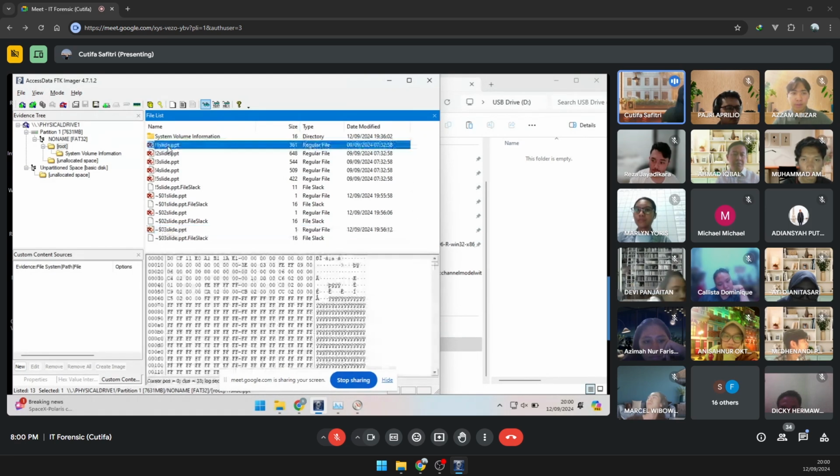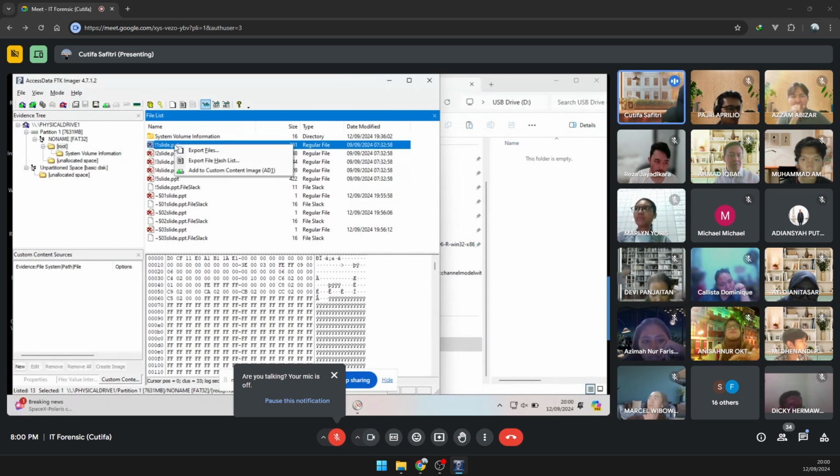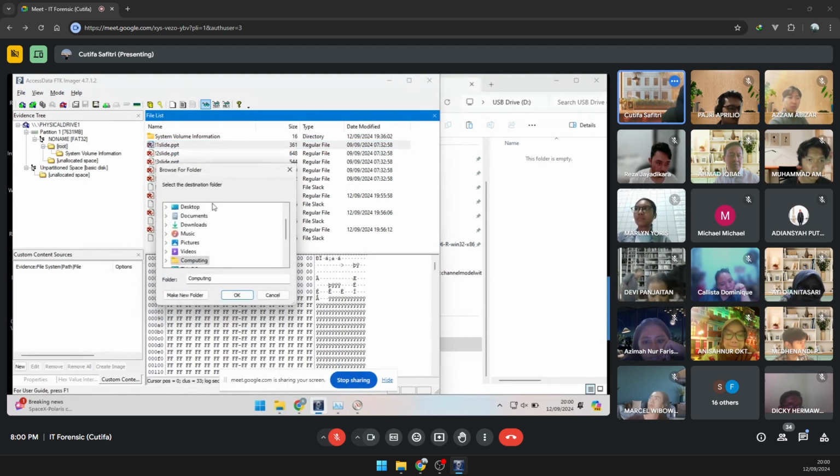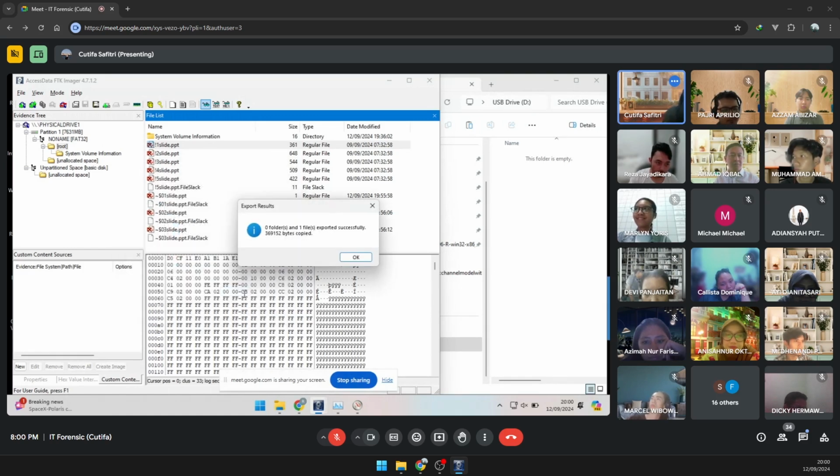Now I have slide 1 in here. Okay, and then I will right click and say export files. Then I will go to desktop, because where else do you save a file, right? Click OK.